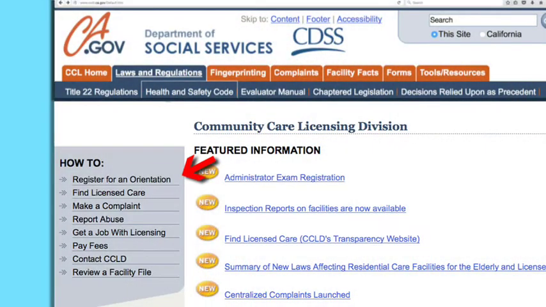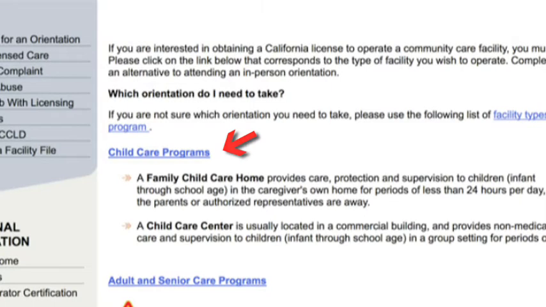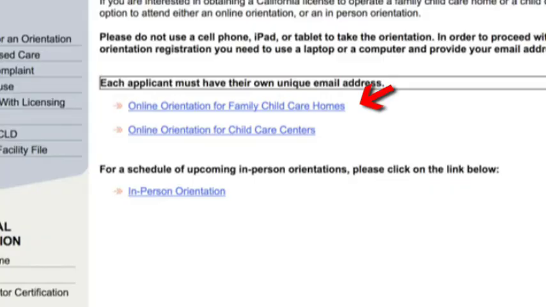The online orientation requires you to log on to a secure website and is set up for you to validate your identity. It does not allow you to skip ahead, but does allow you to go back and review information again. The online training provides the greatest benefit if you work through the course slowly and take notes.